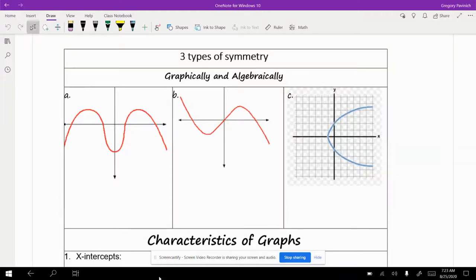Hey, this is our next lesson on symmetry, our first one on chapter 1, and we're going to go over 3 types of symmetry we're going to run into really quick. The first one is going to be even symmetry. The next one is odd symmetry. Last one is symmetry